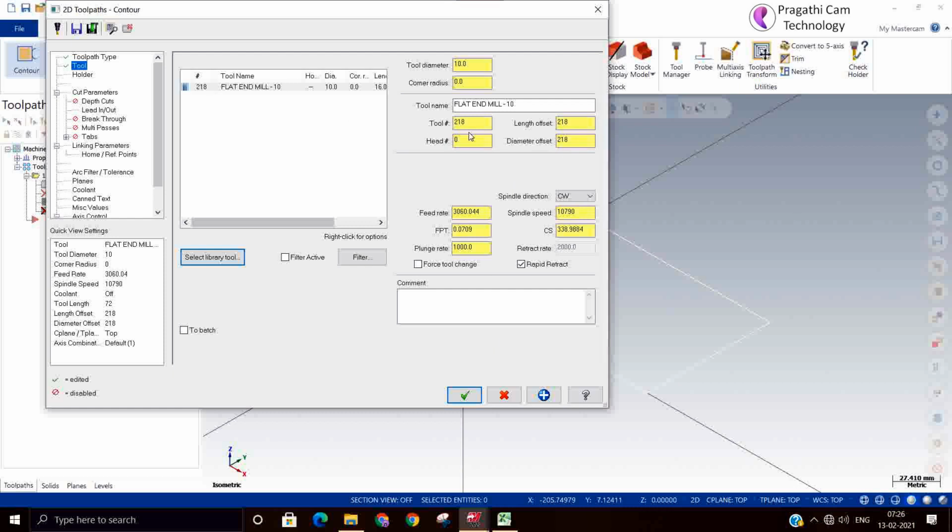It is very important. Always edit as per your machine tool library, or however you have loaded your tools in the ATC, the same way the tool number has to be kept.